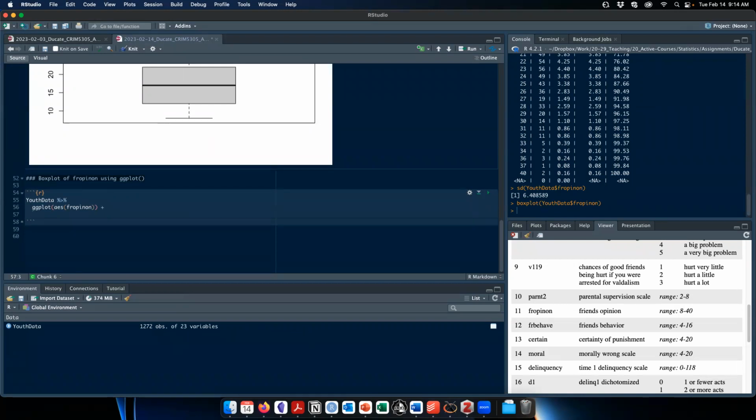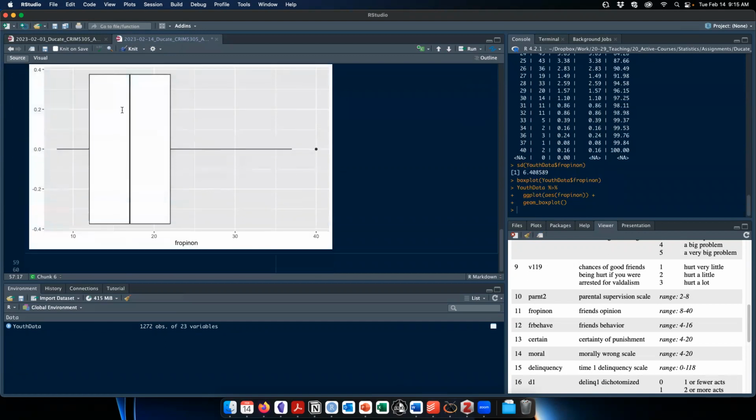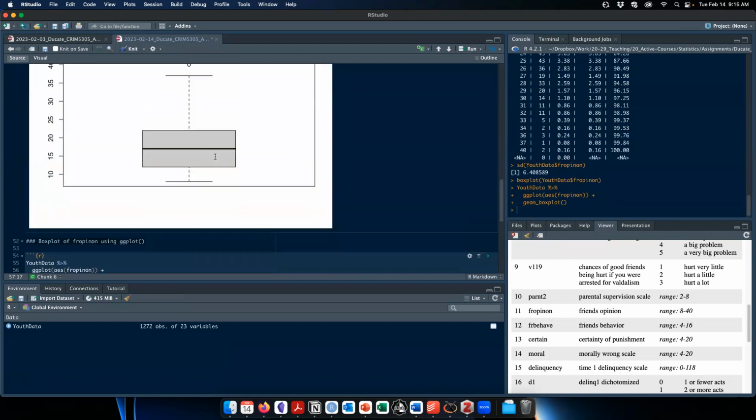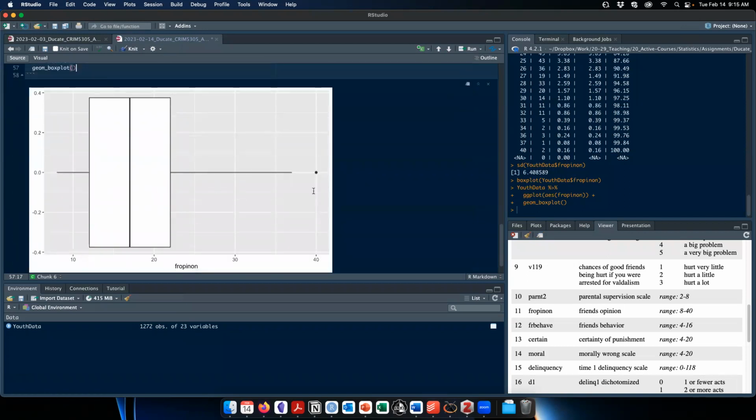So in this case, we're going to do geom_boxplot. And run this. And it's going to give us this whole thing, which arguably doesn't look on its own that much better than this whole thing. It's on the side, it's flipped sideways, which is potentially preferable. If it's not,